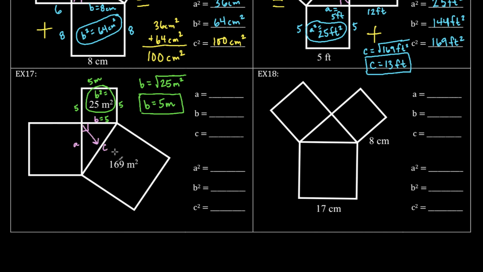And if this is C, then C squared is 169 meters squared. That means the area of this is 169 square meters. That means I take the square root, well, I should put C equals the square root of 169 meters squared. We found that in the other one, so it's 13 meters. So 13 meters, 13